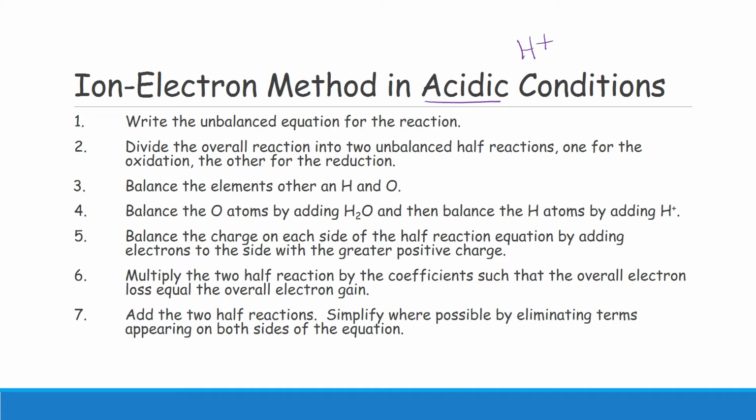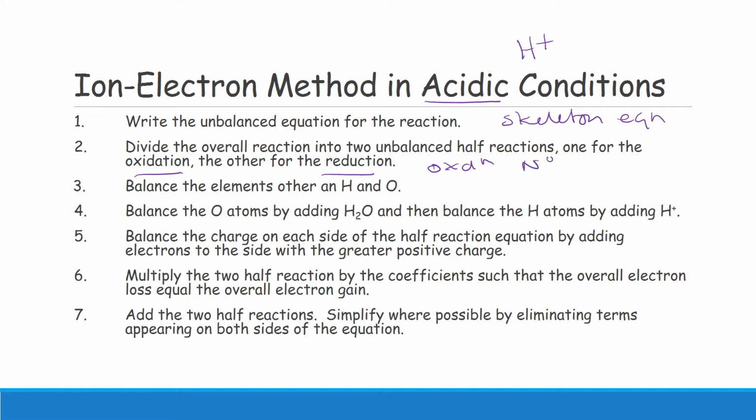So step number 1 is to have the unbalanced equation for the reaction. This is the skeleton equation. It only contains the important components. Step 2 is to divide the overall reaction into 2 unbalanced reactions, one for oxidation and one for reduction. Now you can identify which component goes to which by using your oxidation numbers to identify what's undergone oxidation and